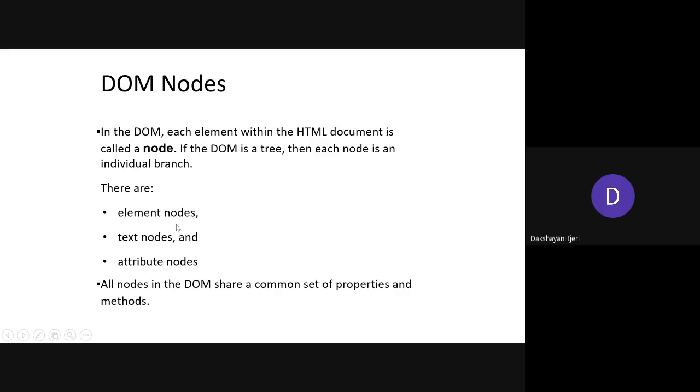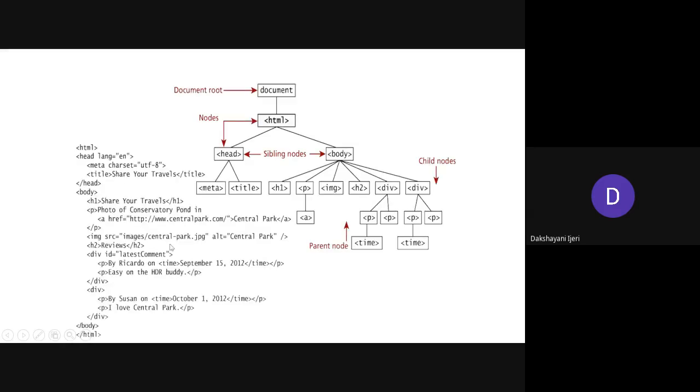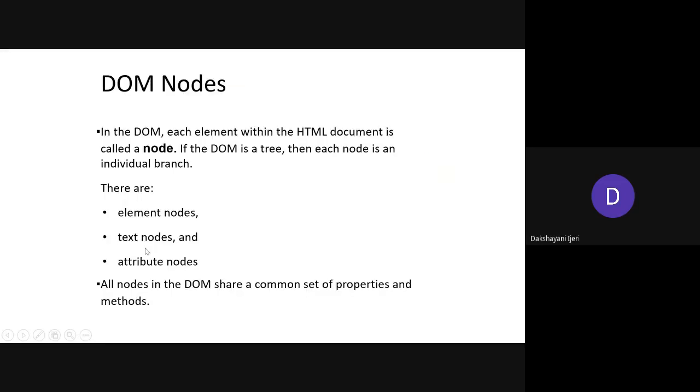So they have been categorized as element nodes and text nodes, in the sense of the actual content that you have added here. For example, for labeling a link, you have taken it as Central Park, and this paragraph has a text, which is a text. Even the text which is going to be displayed on the HTML is considered a text node here. As usual, if any of the elements have attributes, those are considered attribute nodes.